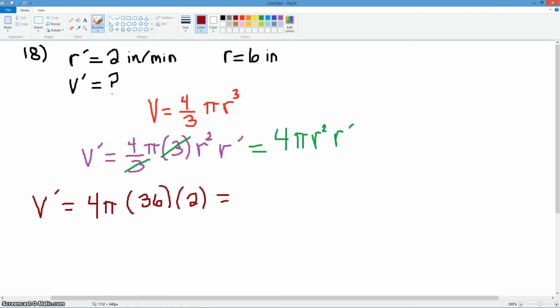Okay, so now all I need to do is just multiply straight through. 4 times 36 times 2, and then don't forget that pi. So that gives me 288 pi. And it's a rate, so it's